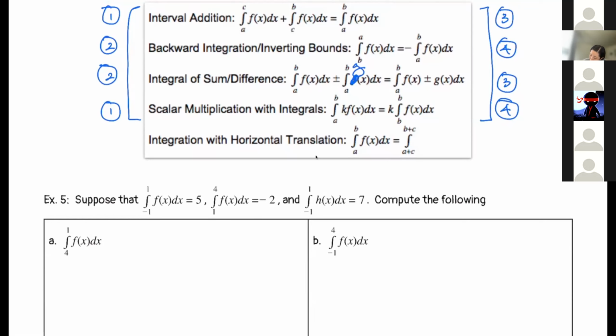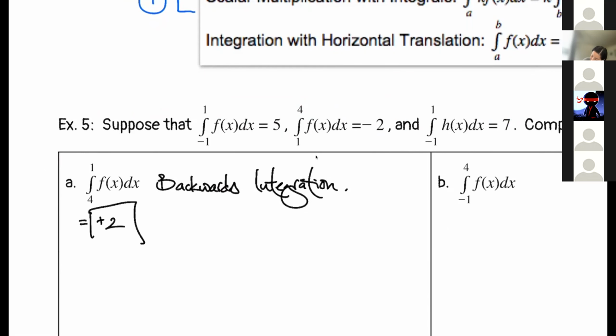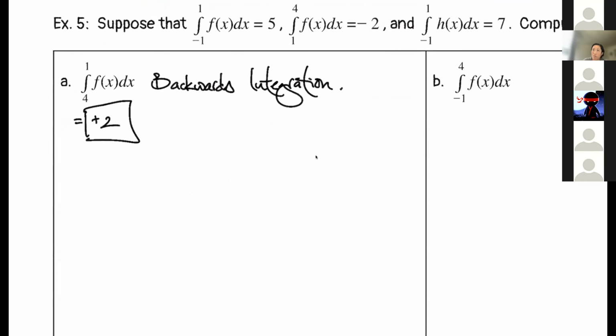Exactly. We might notice we have some information about what happens from 1 to 4, and this one is just asking us to use the other direction, backwards integration. All right, and I agree that this equals +2. But if we were to try and draw a diagram for that,